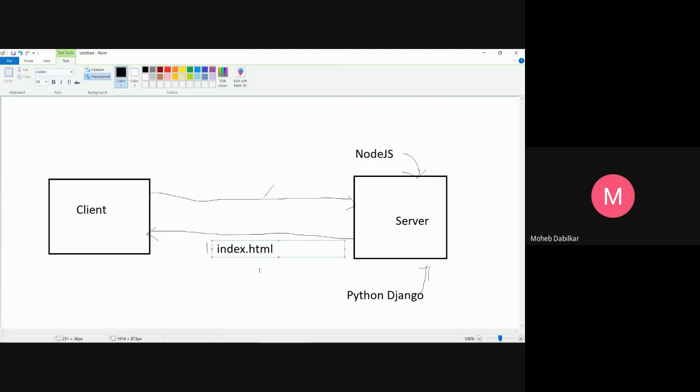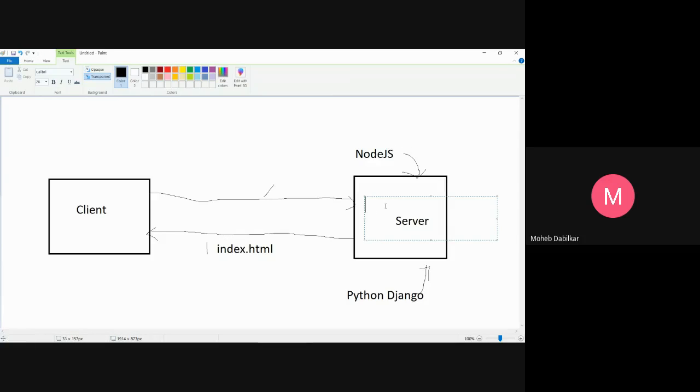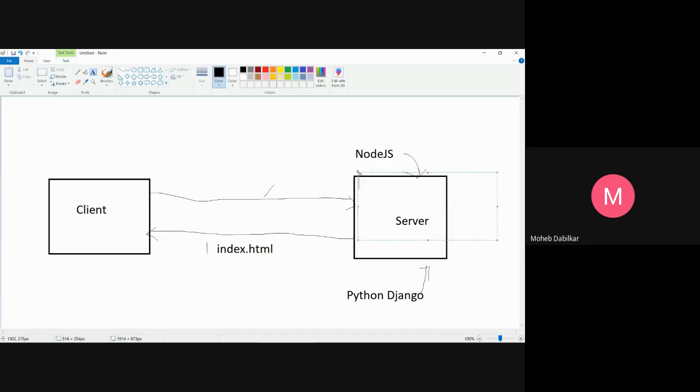What happens is you also do lots of processing on the server. Like you want to know, okay, who asked for this page? The person who asked for this page, how many times has he visited the page, and all. These are some things that are required, especially by companies like YouTube and Google. They need to know all this.